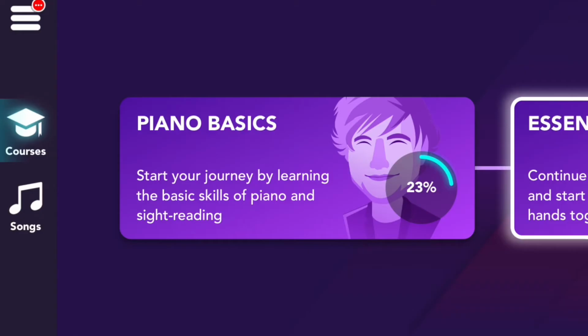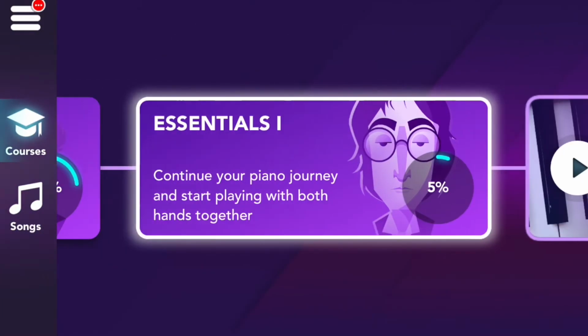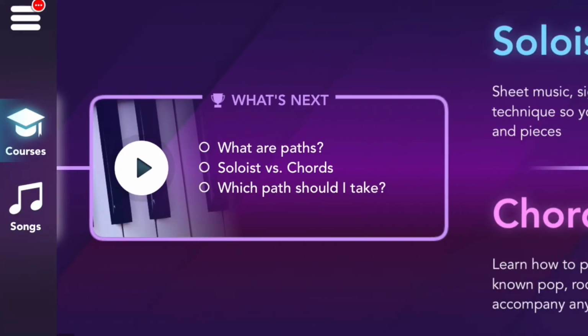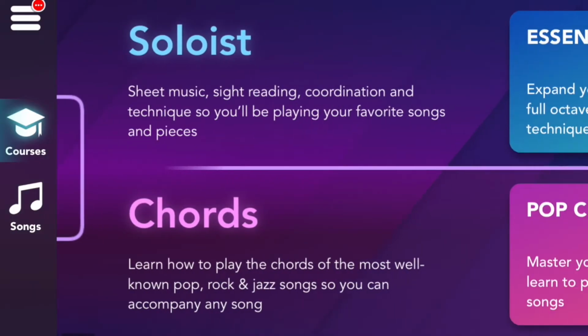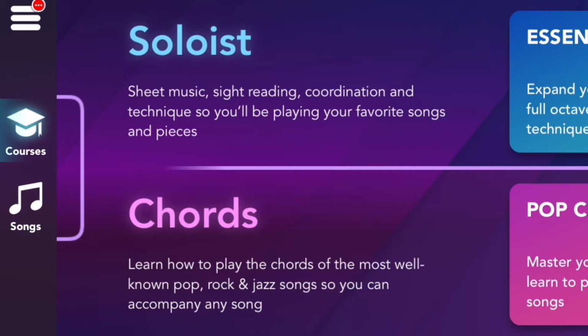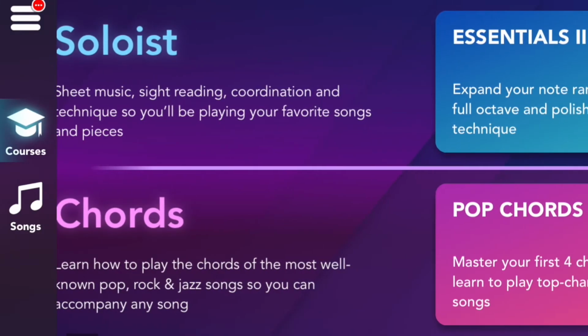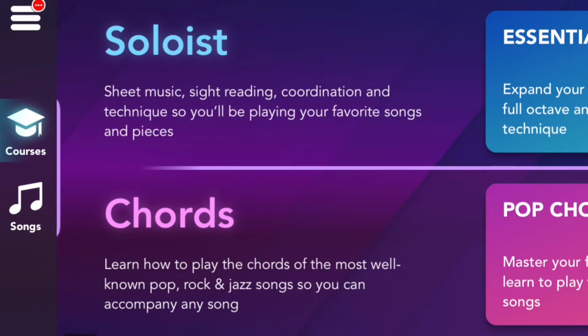And with courses, you can be swiping left to right, and you can go through a similar type of track that the workouts would be in Yousician. But with Simply Piano, you would start with Piano Basics, move on to Essentials 1. And just like Yousician had the classical, knowledge, and pop different tracks, in Simply Piano, we have the soloist and chords tracks, which essentially are more or less the same